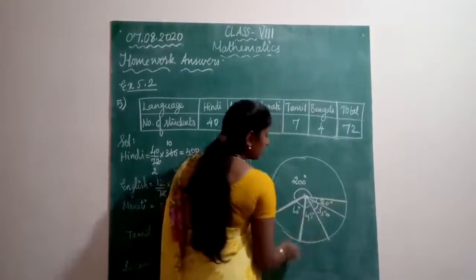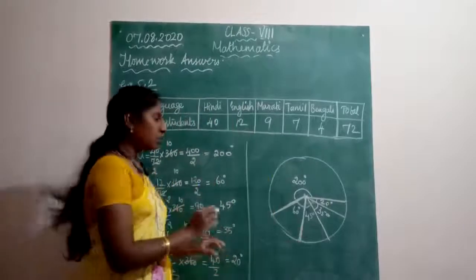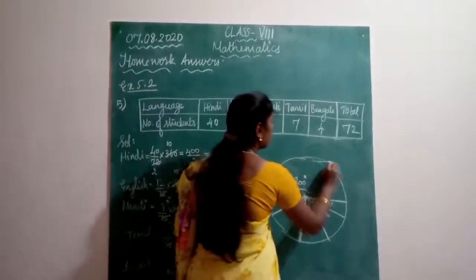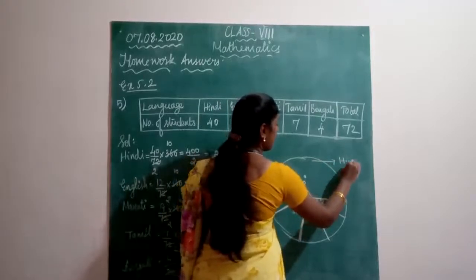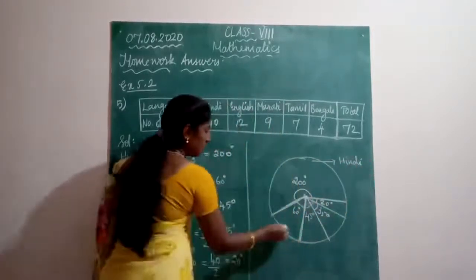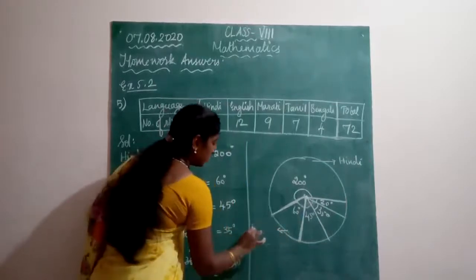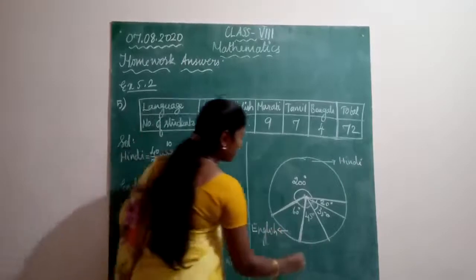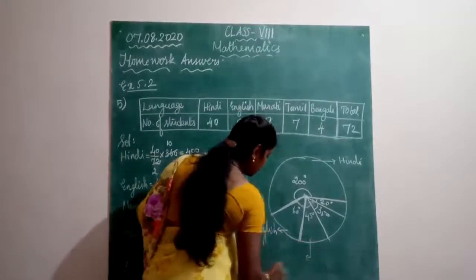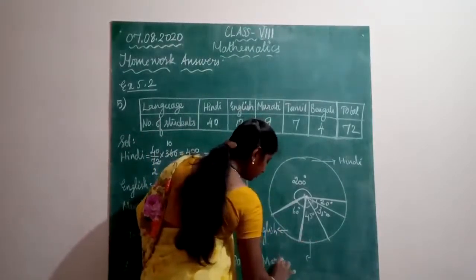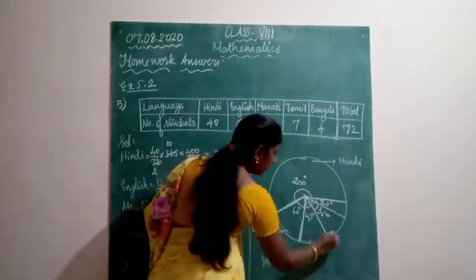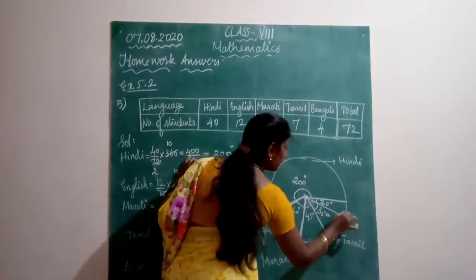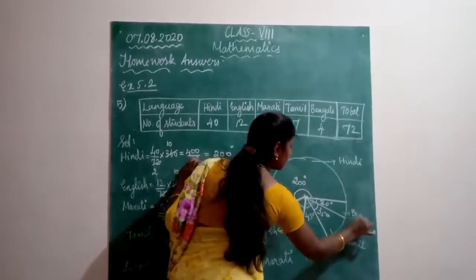So is it clear? So after drawing and marking the angles, you can write for every sector. So this is for Hindi and this is for English, and this one for Marathi. Okay, and this one for Tamil, and this one is for Bengali. Okay,